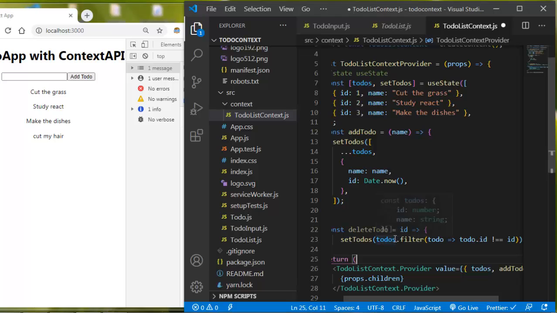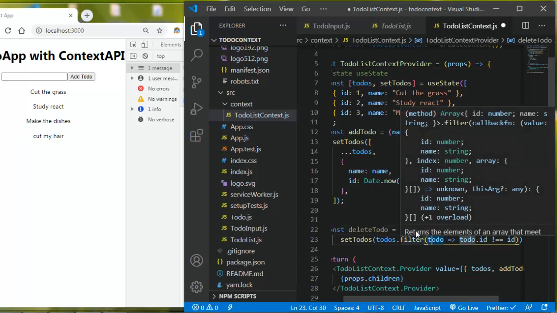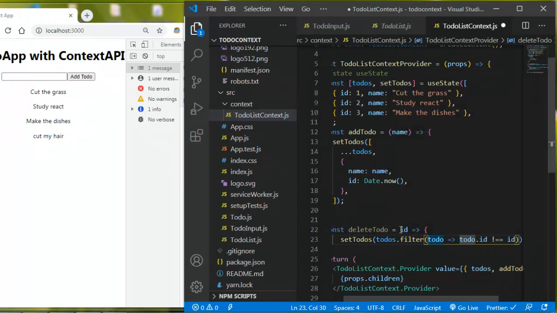So this is saying, take all those to-dos and just remain with the to-dos that follow this condition. We are just staying with the ones that are not with this ID. Okay,